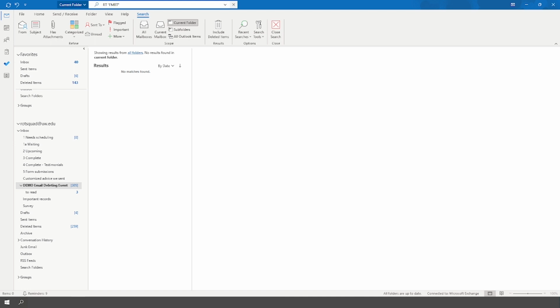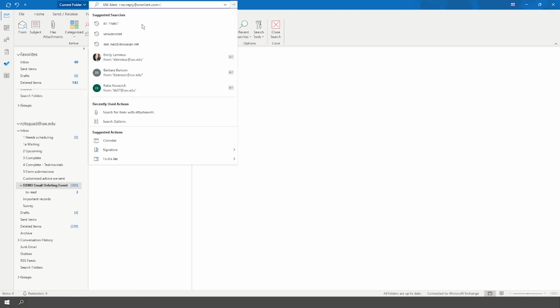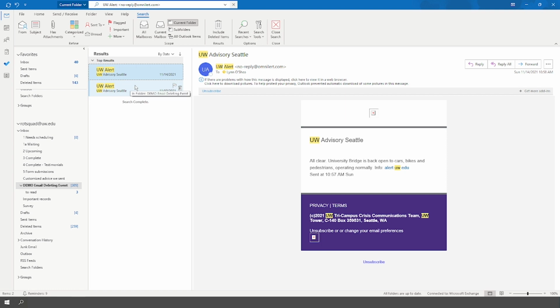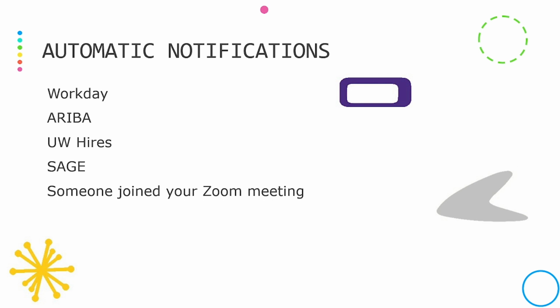UW Alert is another good one. So again, searching for the email that comes from. So those we can delete. It's good to know that the Mountain Lake Bridge is stuck, but once you know you've made different plans, you don't have to keep that alert. So we'll go ahead and give you a few minutes to delete those automatic notifications yourself. If you think of any others that might be good for us to include in future presentations, you could write us and let us know what those databases might be, but go ahead and delete those.